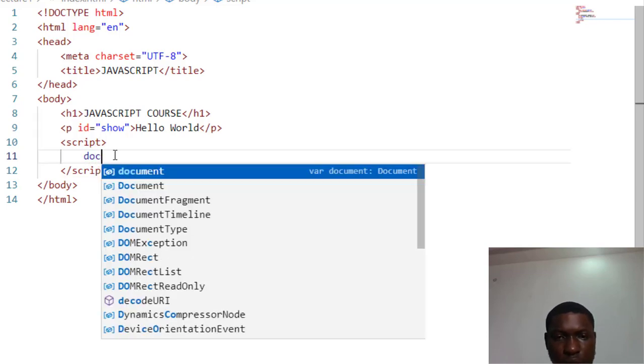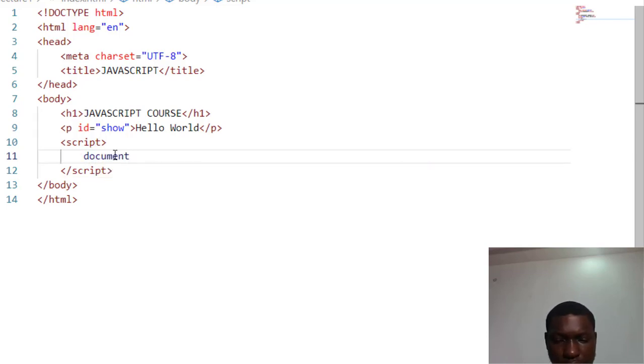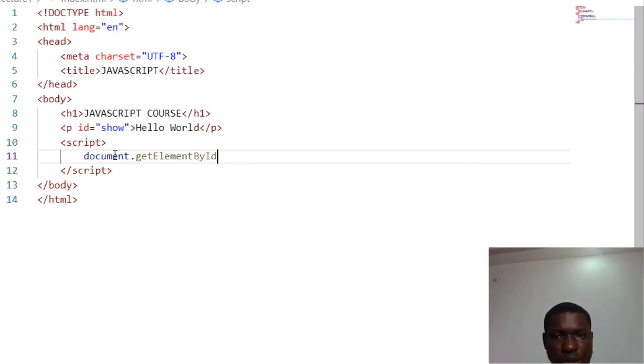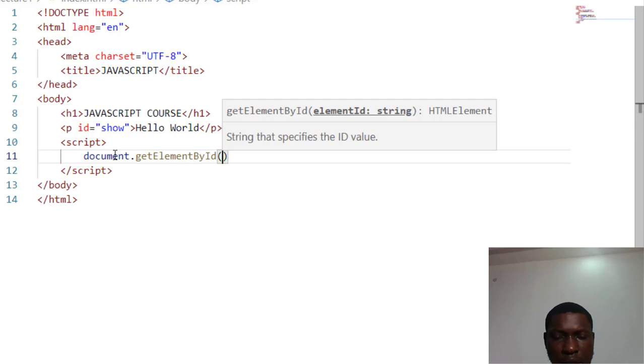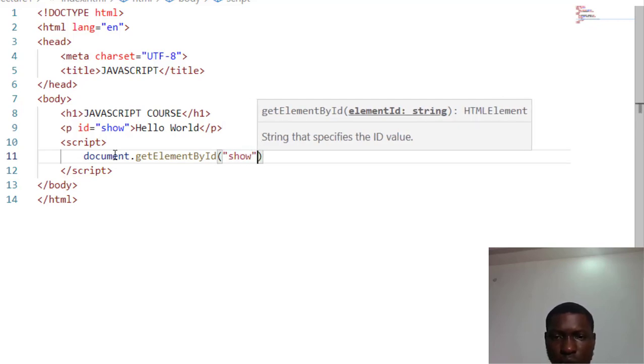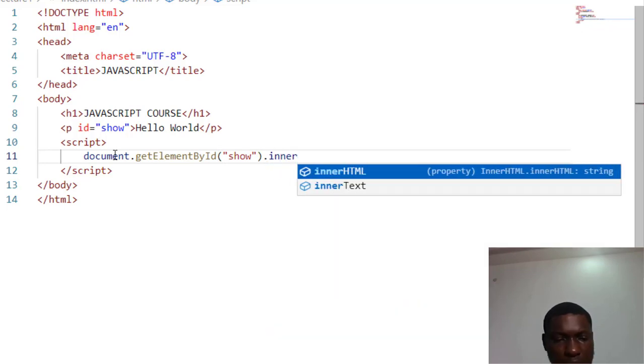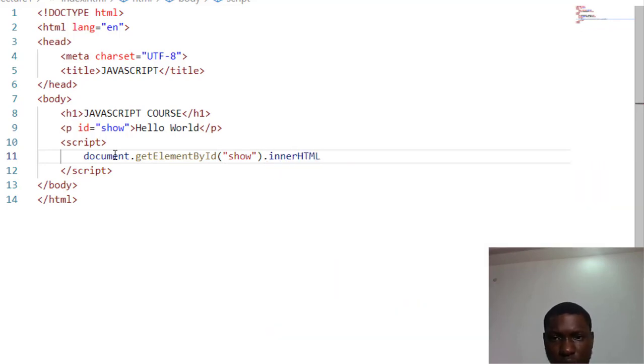So what I'll do is say document dot, I'm going to use the getElementById method right here, and I will tell it I want the ID of show. Okay, and what do I want to do with this ID? I want to call the innerHTML property, and I want to set it to something else. So I will set it to a string that says hello innocent.